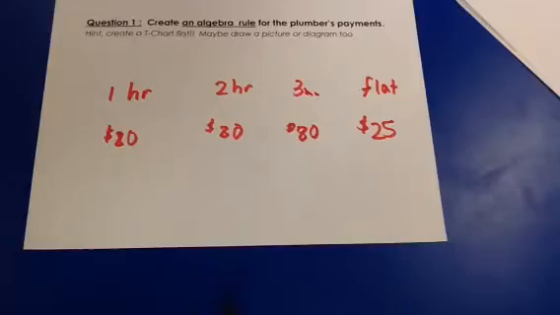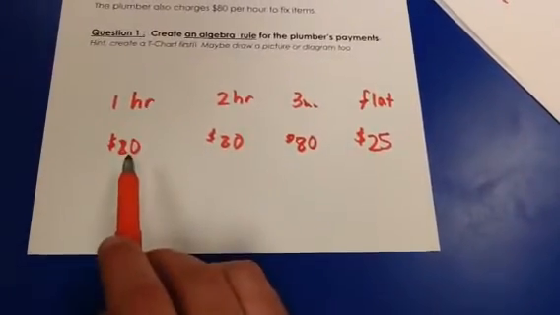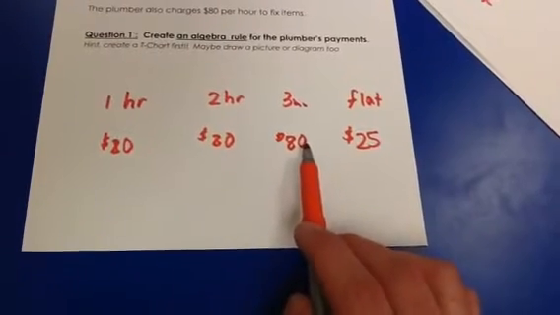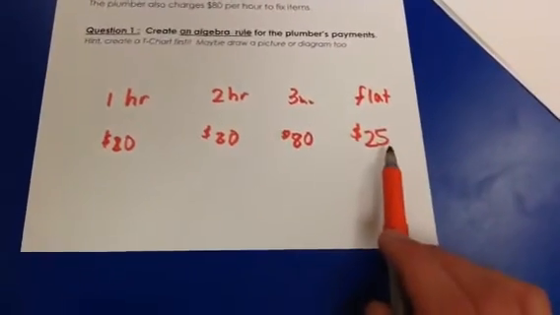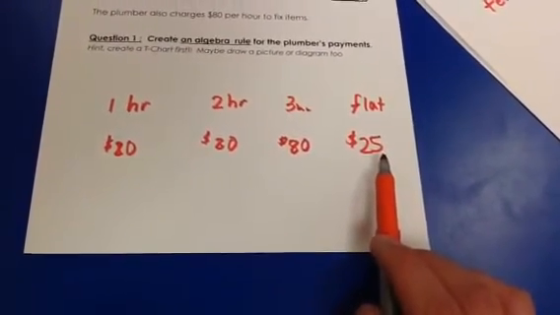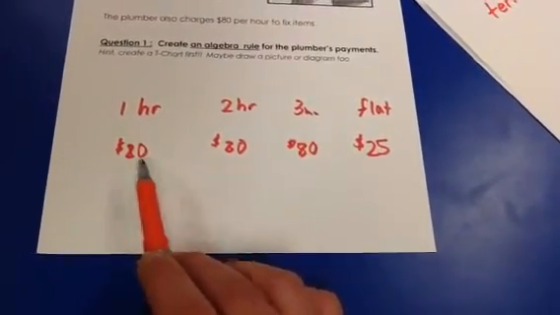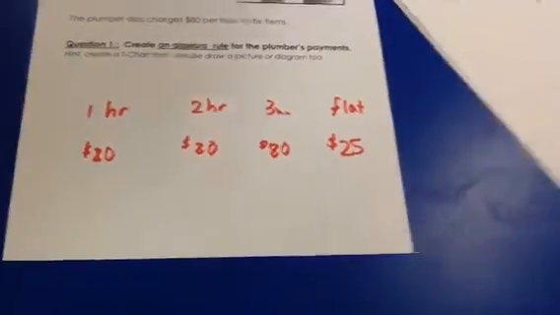This type of diagram can be really helpful. 1 hour is going to cost us $80. The second hour is going to cost us another $80. The third hour is going to cost us another $80, but always we just have the flat fee of $25. So for the first hour, we're looking at $80 per hour plus the flat fee of $25. So in our T-chart,